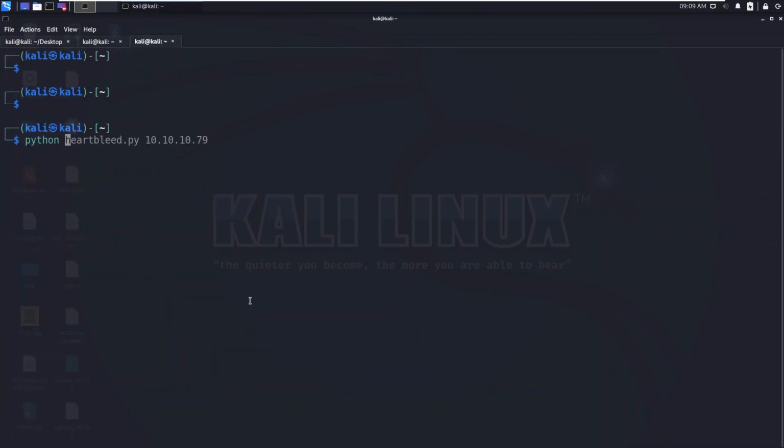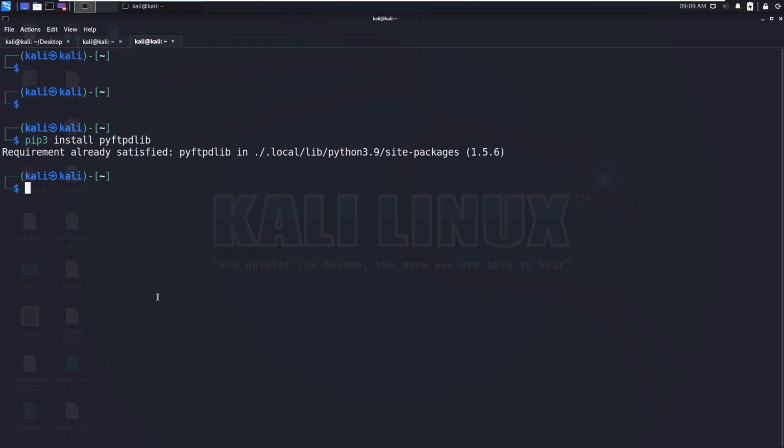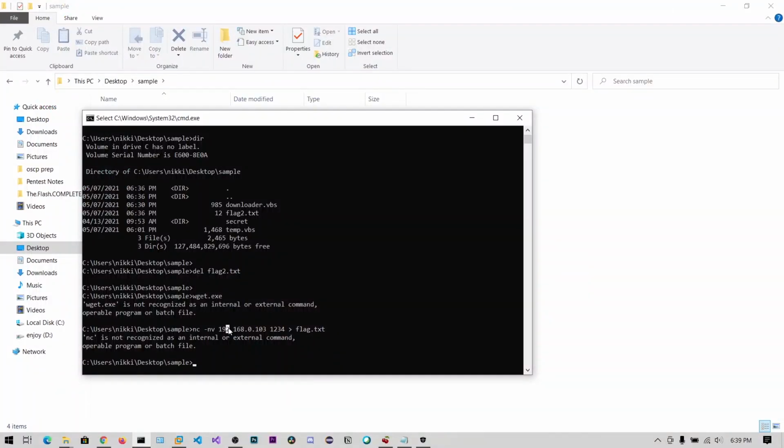You can also set up, you can say pip3 install pyftpdlib. You can set up an FTP server on your Kali Linux, and using the FTP command in Windows you can download the files.